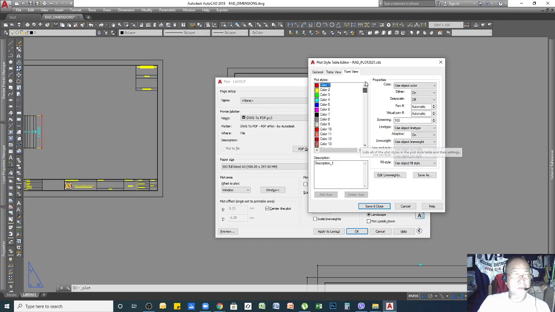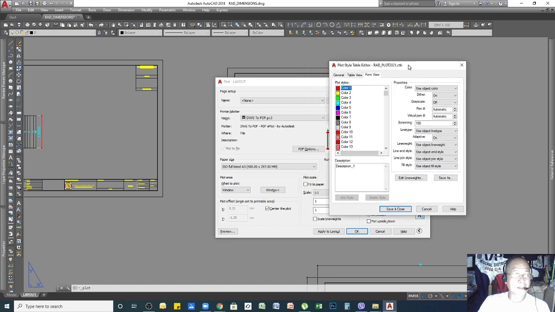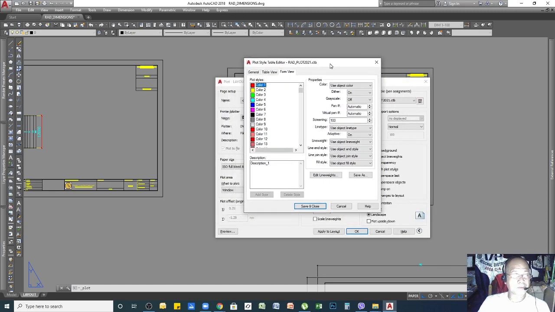Okay, so remember, if you're using different colors, meaning colors other than those in my drawing, that's why I asked you to create a layer or layers. So depending on the color that you choose, you have to select those colors here, and then when you print the drawing, if you want it in color, you can use a color like red.